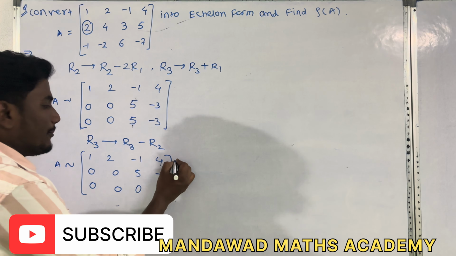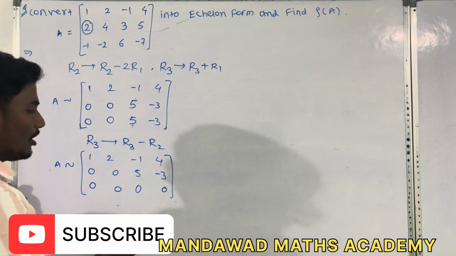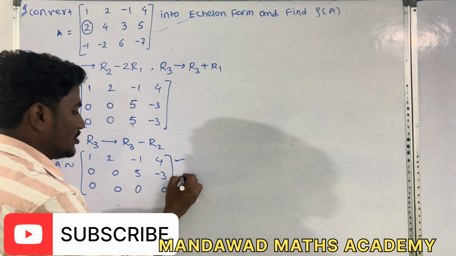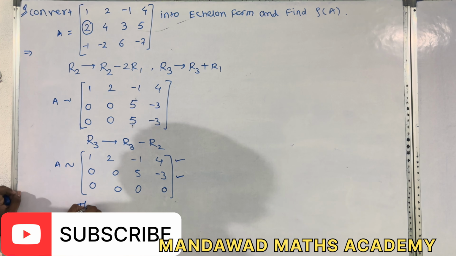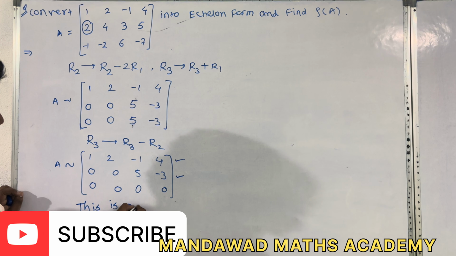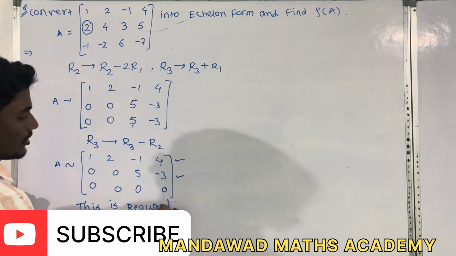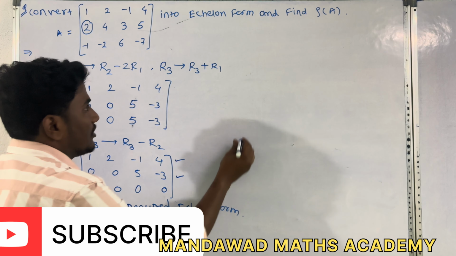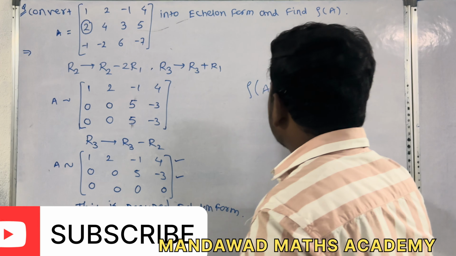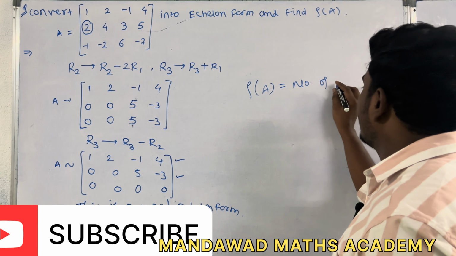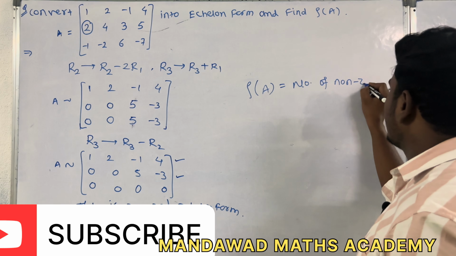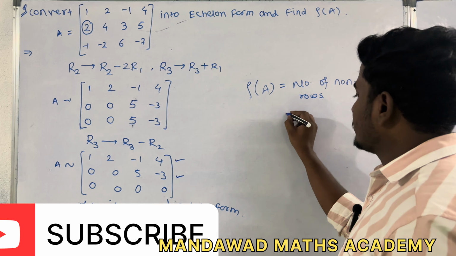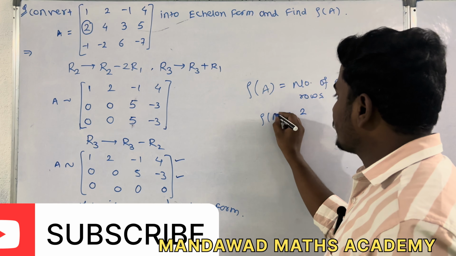So therefore, this is the echelon form, and the number of non-zero rows are 1 and 2. So this is the required echelon form. And what is the rank of A? Rank of A is equal to the number of non-zero rows. So that is 2. So therefore the rank of the given matrix is